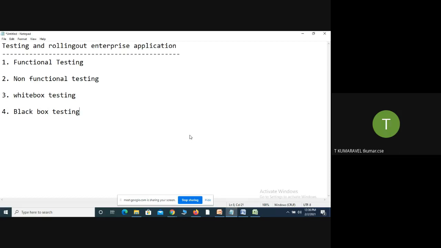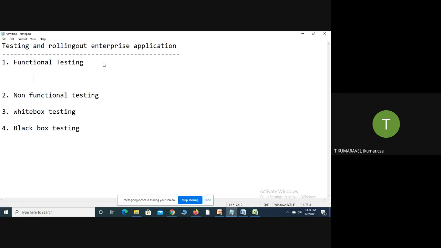What is functional testing? For example, your enterprise application is organized with n number of classes, and each class is associated with methods. Functional testing means testing the functionality as per the stated requirement.